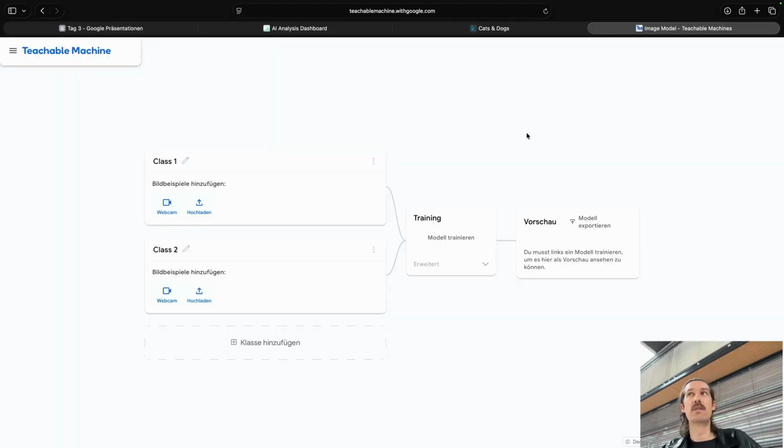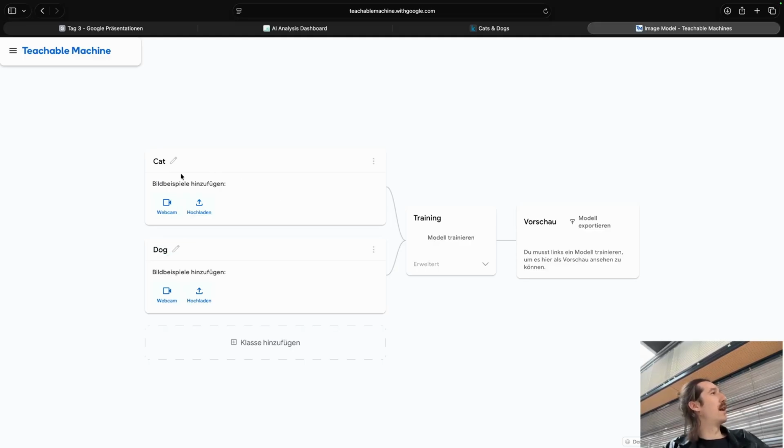Alrighty, everybody here? Yeah? So Teachable Machine is an interesting platform. It's a very playful way to train models. Here we are right now in the image classifier, and you can basically train your own model in a very visual way. Here we can, for example, define classes. We can also add more classes. In our example, we just have 2, dogs and cats, so that makes sense. Imagine this would be my cat class, and this would be my dog class.